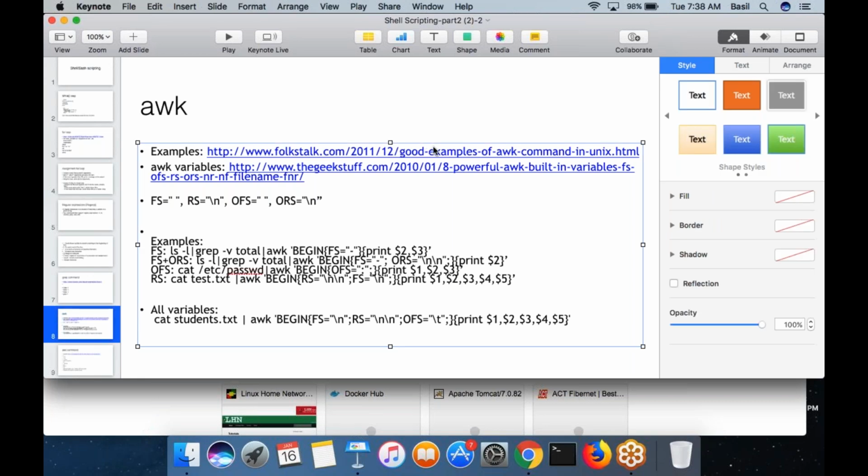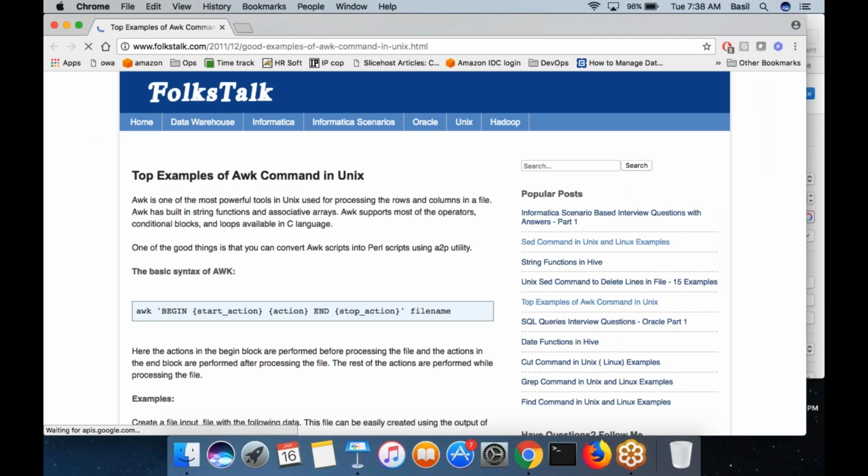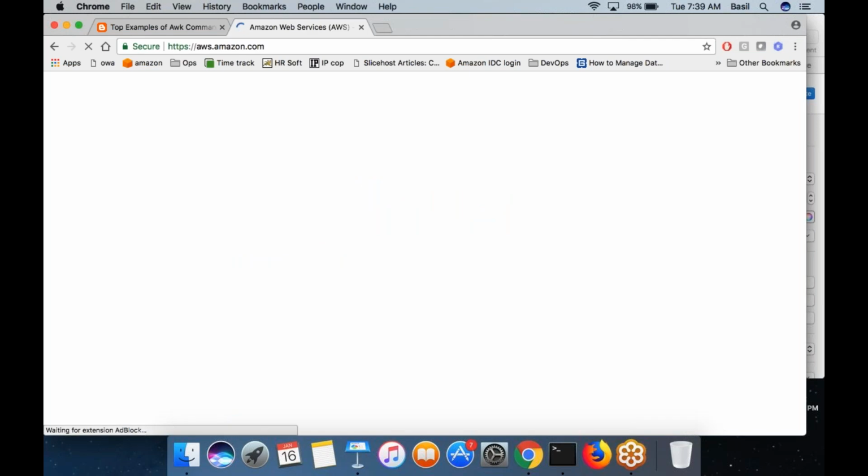So first, just take a look. We will go to this link to get some examples of the awk command. Before that, let me log into my EC2 machine.